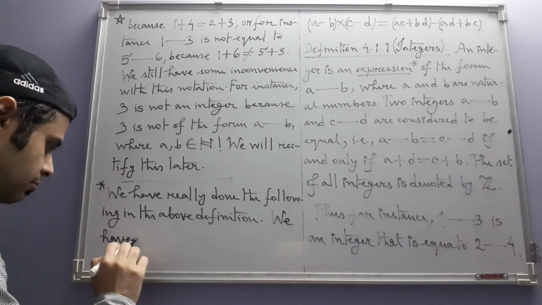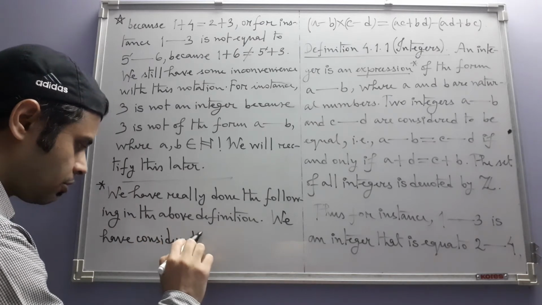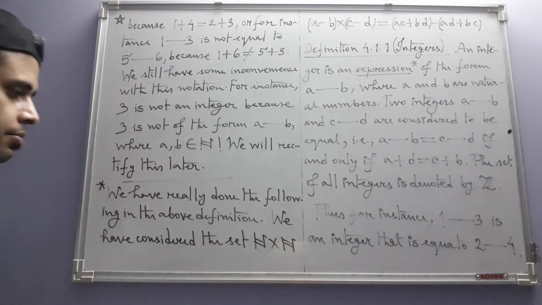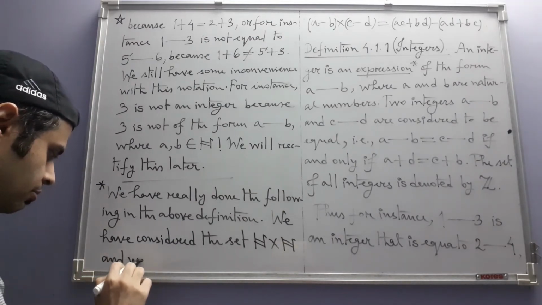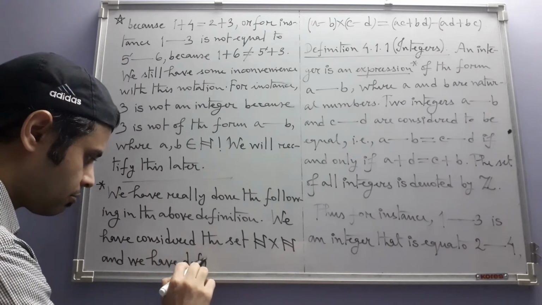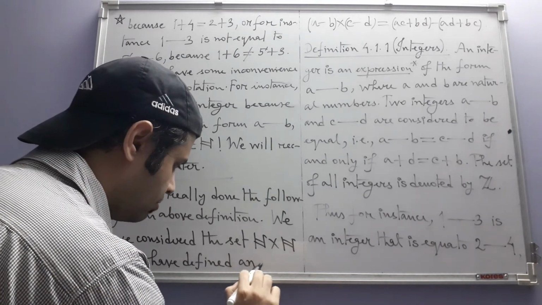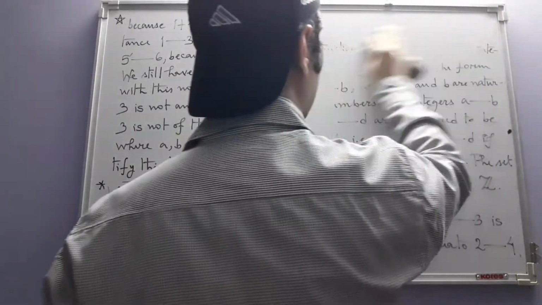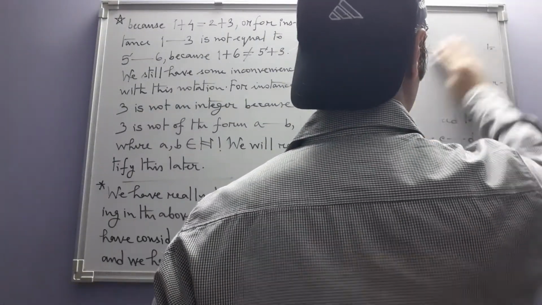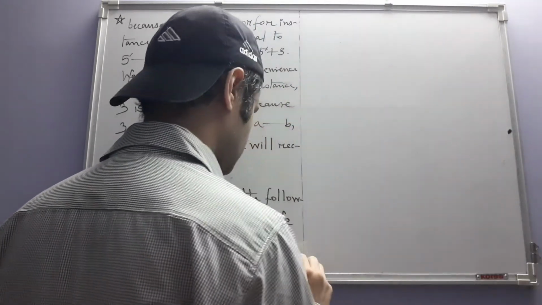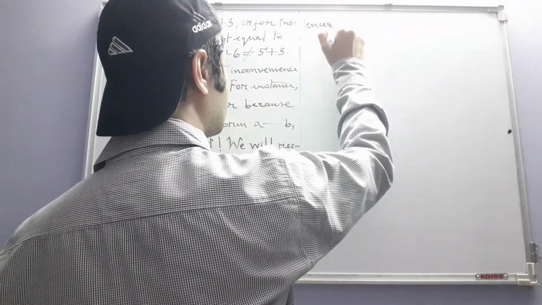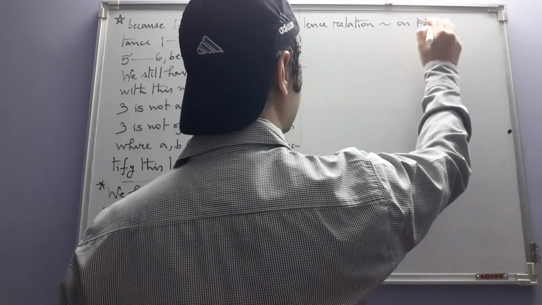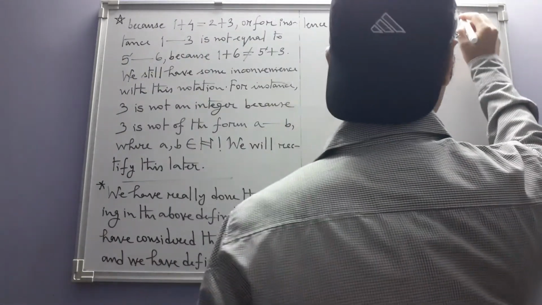We have considered the set N cross N, and we have defined an equivalence relation tilde on N cross N by